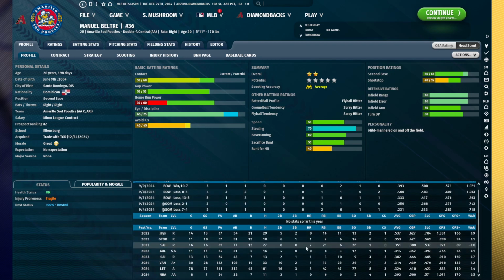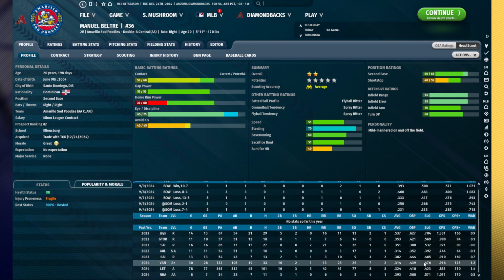So the number one thing I recommend is making sure that your prospects' ratings line up with what can succeed at a minor league level, and that their statistics match the fact that they are succeeding. For players who you expect to be plus hitters at the major leagues, I recommend that they put up at least an average OPS plus at any minor league level, so 100 OPS plus in a decent sample size before